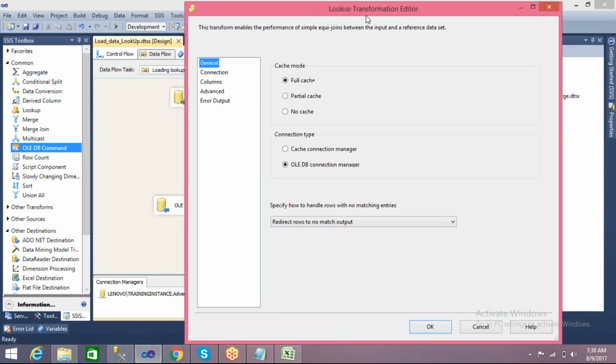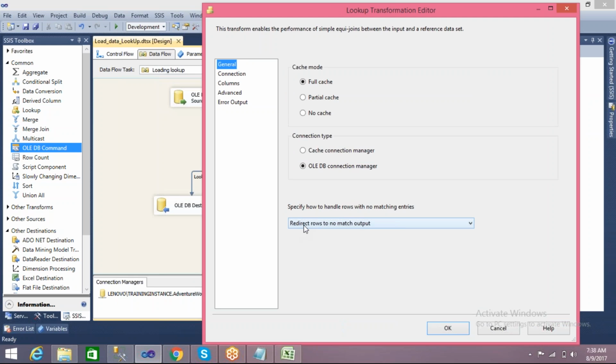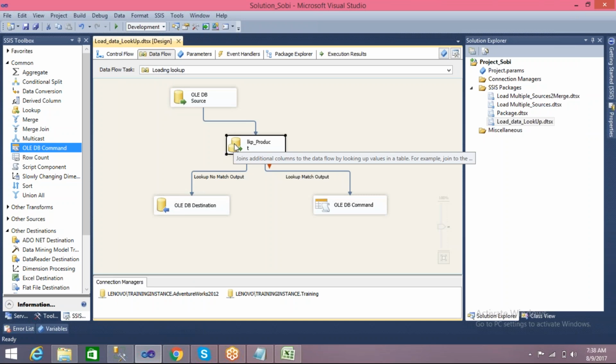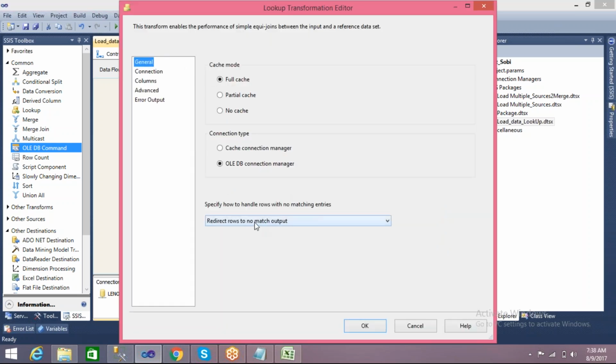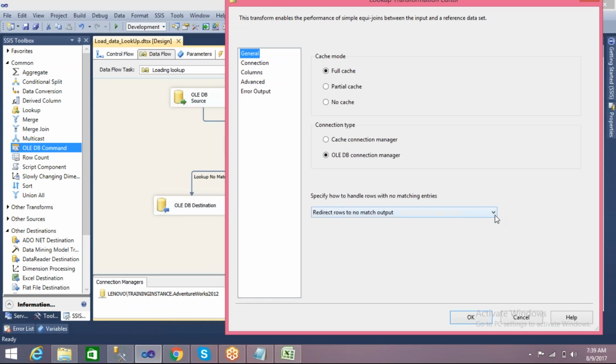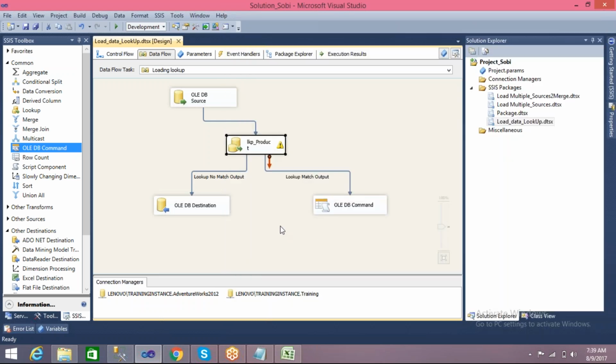Here you are handling the no match entries: redirect rows to no match output. That means in the lookup, if it finds any no match entry, we are telling the lookup to redirect rows to the no match output. If it is a new row, it will redirect to this particular output. Apart from this, we have three more options. One is fail the component. If you select fail the component, just click on OK,